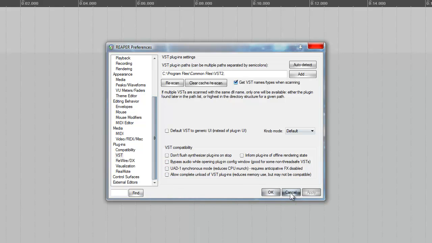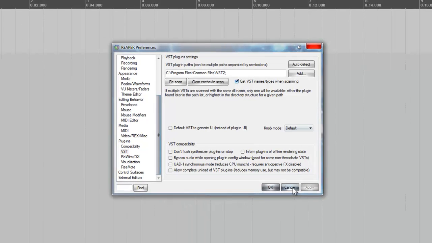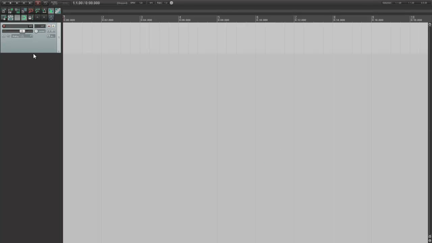Now if you're using 64-bit Windows, I think you'll notice that Reaper is actually a much better way of hosting your VST since it's natively 64-bit. When I was demoing the FL Studio VSTs, it was actually really slow and laggy. So I find Reaper is very stable, just because I've used it for a while. But anyway,